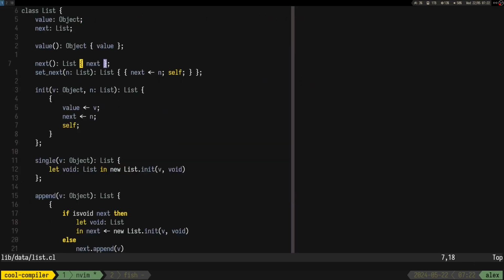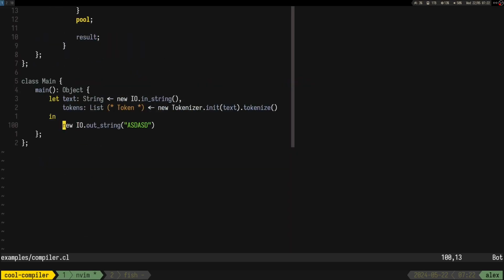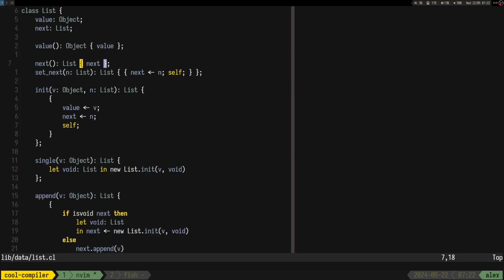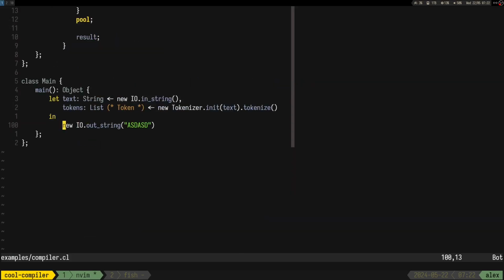So how are we gonna iterate the list? That's a good question. I think we need to have an iter.